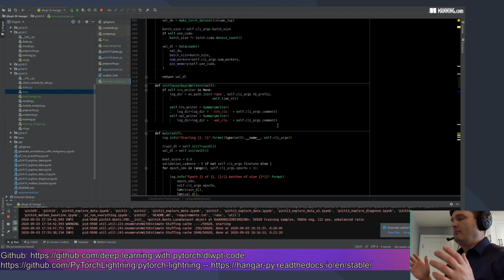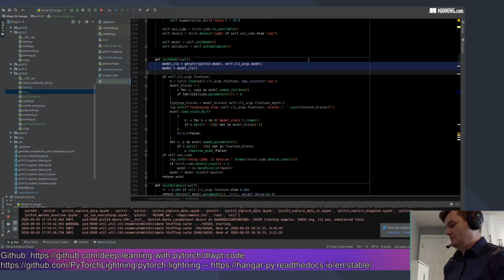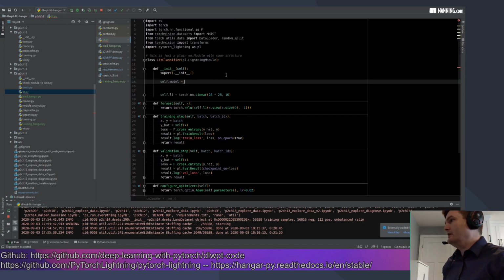It's more about showing you, okay, here's all the stuff that we can do in Lightning relatively quickly, and here's all the stuff that we need to leave behind. So we're just going to take the model class, skip all the fine-tune stuff, and we don't need the CUDA things. So coming back over here,